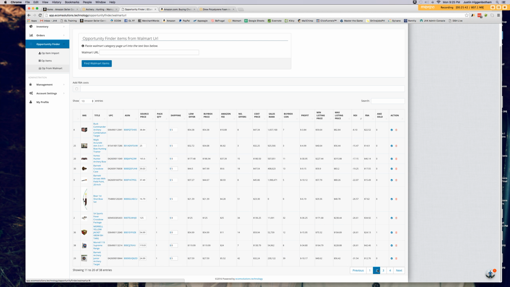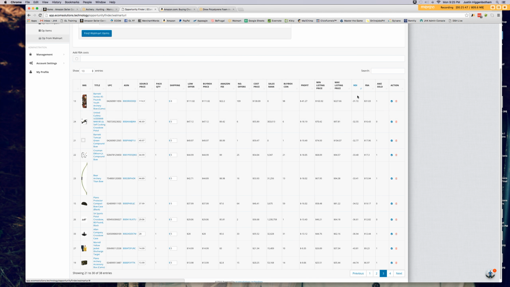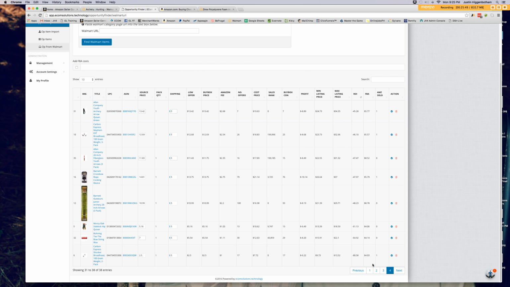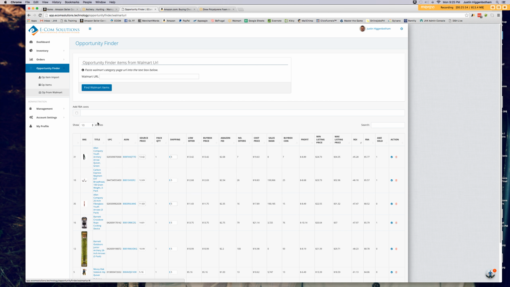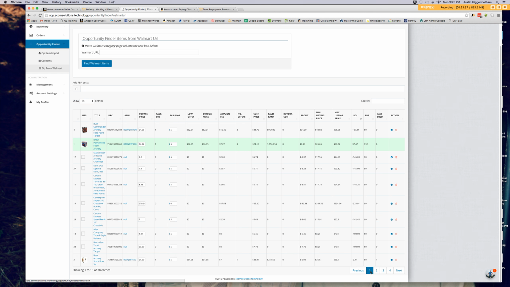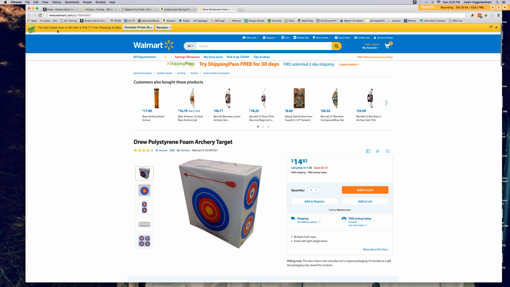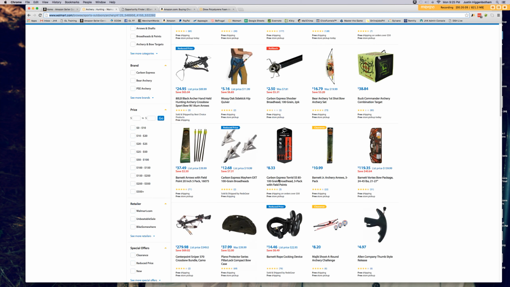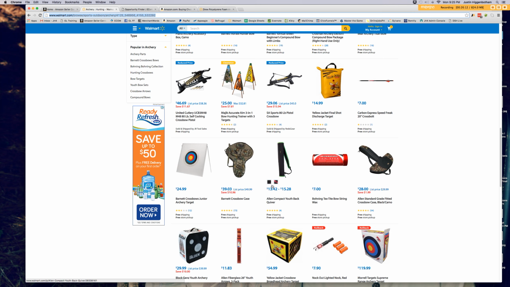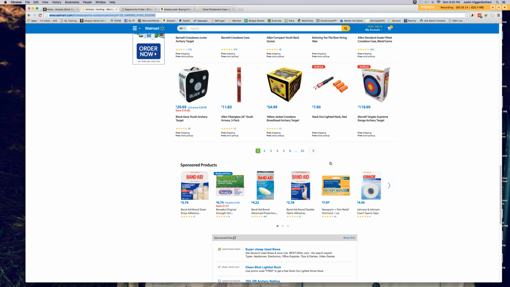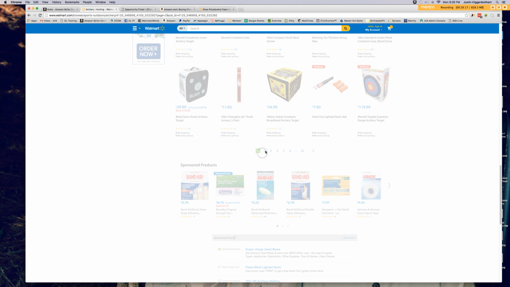See all the ROIs, you go to page 2, page 3, it's all negative. So then what we're going to do, you go to 1. What we're going to do, we're going to go back to here. It already did all the page 1 items. So now what we're going to do is we're going to go to page 2